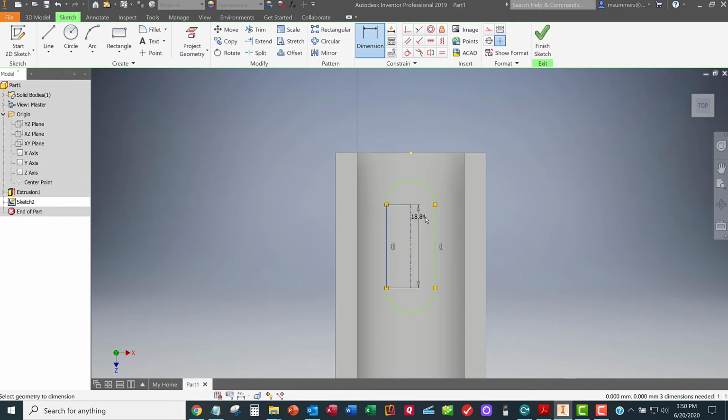So I want to go, here's the width of the slot. I want to add the exact same dimensions that are on my data sheet. And I don't want a dimension here to here. I want a dimension from that arc to that arc. And that is 15. And I want these slots to be cut. I want to cut this DIN rail